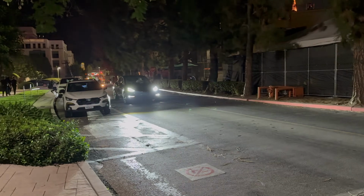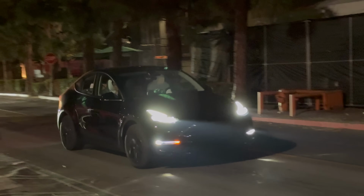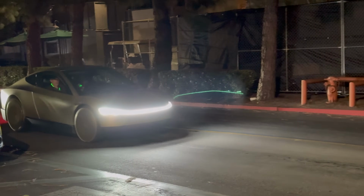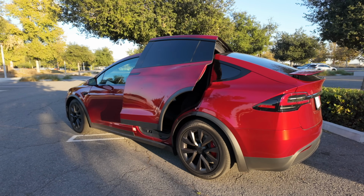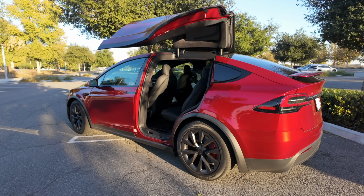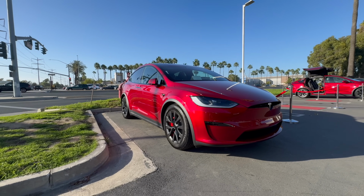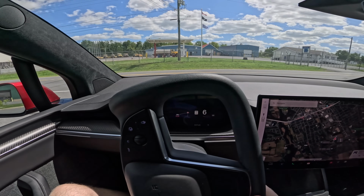And when it comes to vehicle number 3, there are a couple of different options on what this one could be. I would love for vehicle number 3 to be a Model S or Model X refresh, like an actual significant refresh to these vehicles. Not sure if it's going to happen. Instead, I think what would be number 3 is likely going to be Cybercab, especially as